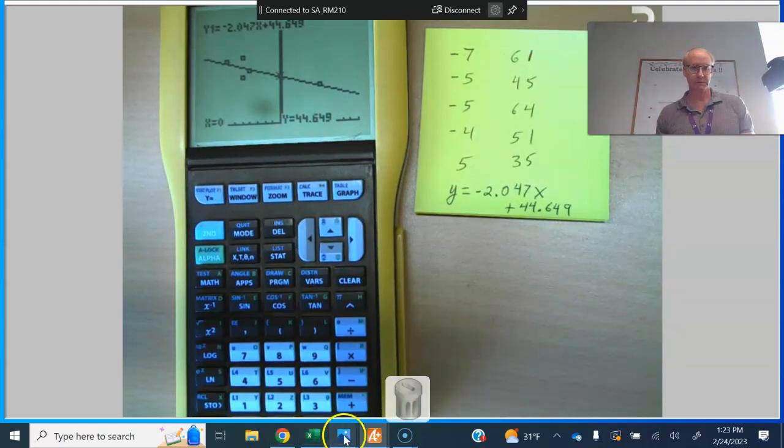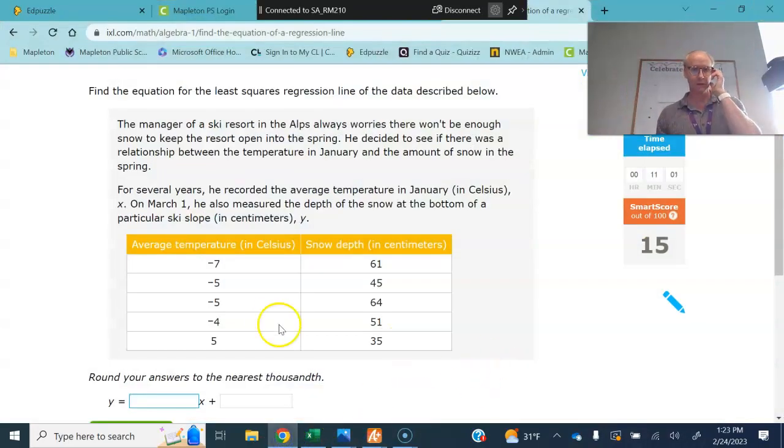All right. I'm going to put my answer in. Oh, that is what I want. I want it in here. -2.047 and